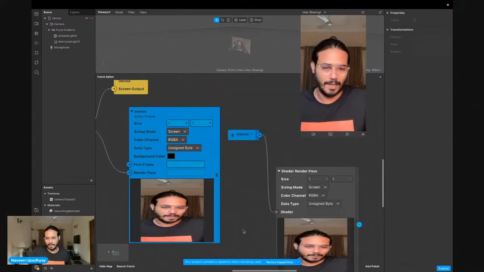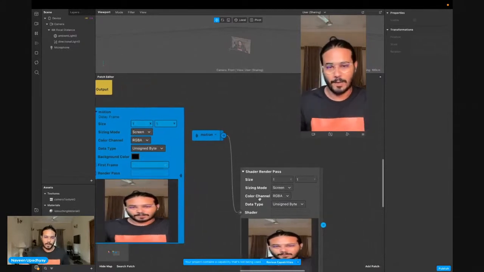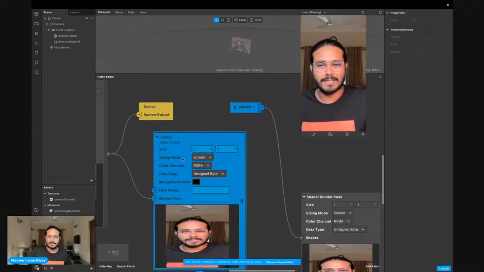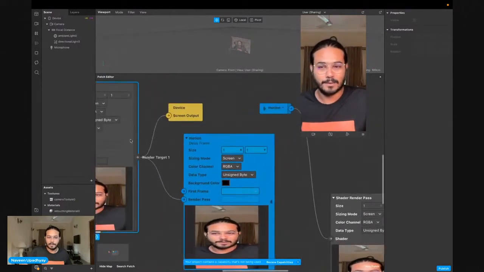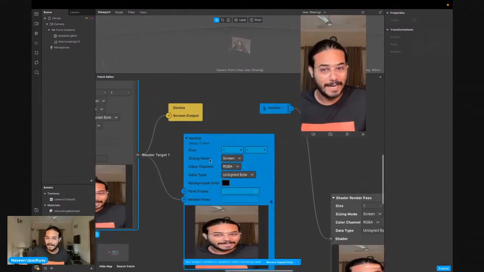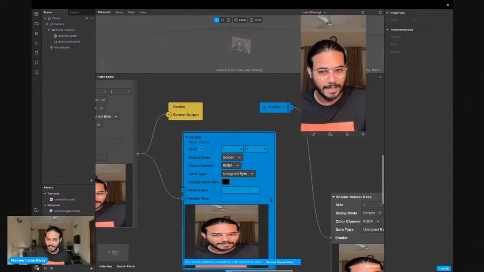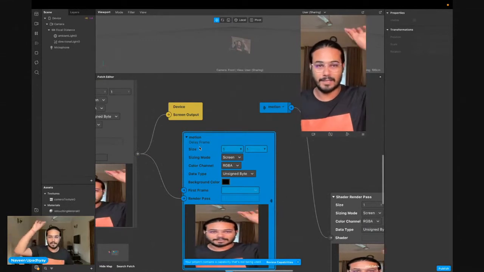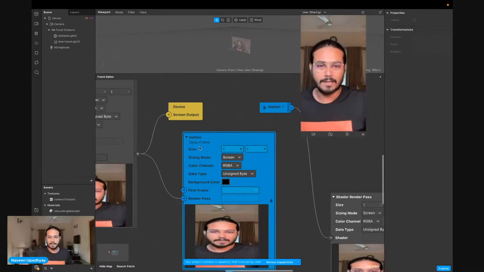Now, what I'm going to do is, I think you may have guessed that if this is my delayed frame and this is my original frame, so if I subtract this frame from this frame, would I get that movement? Like if I just move here, then I will only get that frame. So what I'm going to do is